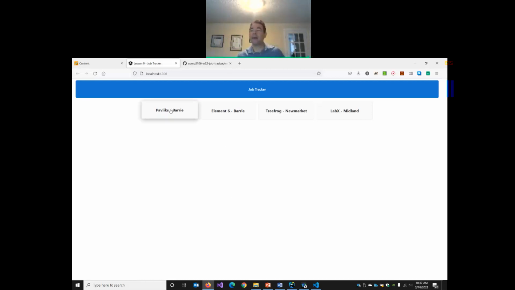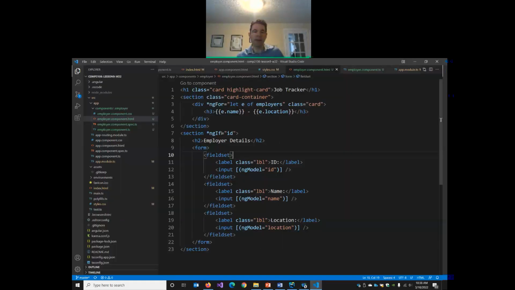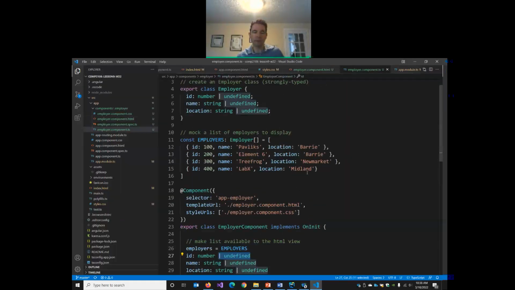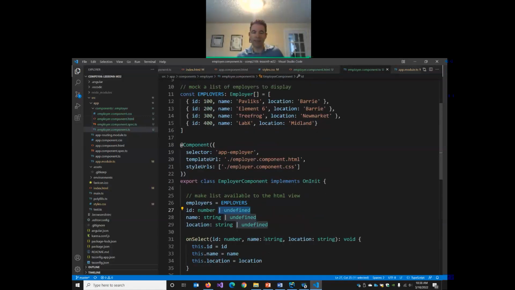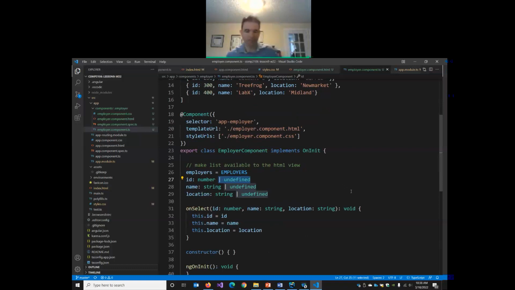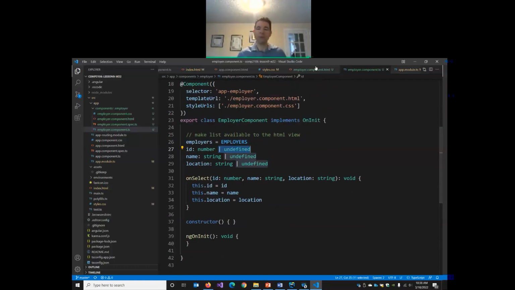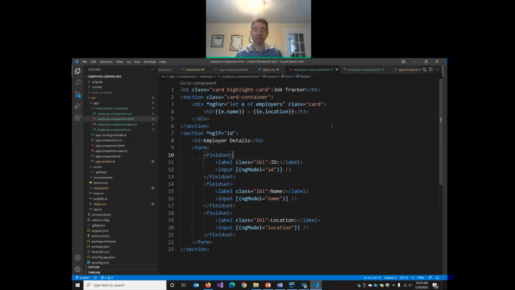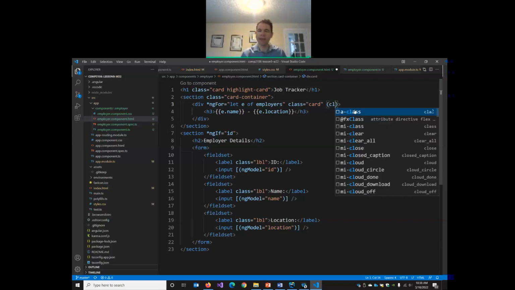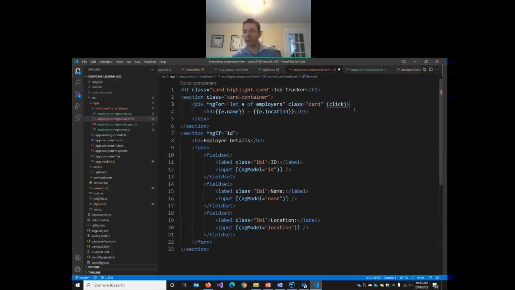So we now want a click method that when we click one of these, it calls our onSelect method and passes in the ID, name, and location of that employer. Let's go back to my HTML. And I'm going to add into our card, when they click anywhere in the card, we can add a click handler this way. So an Angular click event in round brackets equals, and now we're going to pass in,